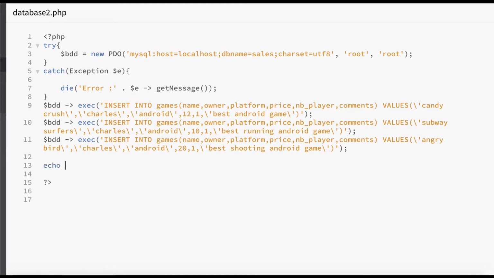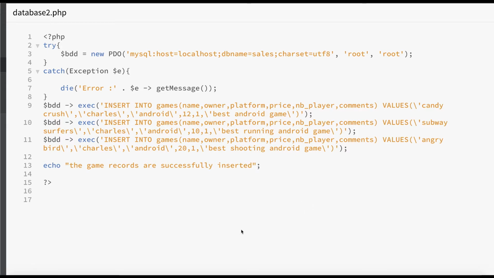Let us echo a message: the game records have been successfully inserted. Okay, now I save this code and let us see how it works.